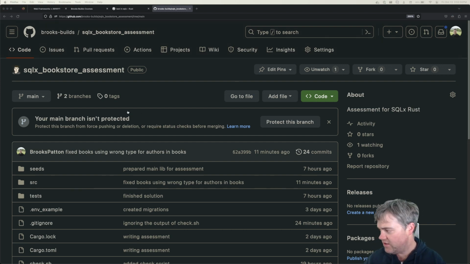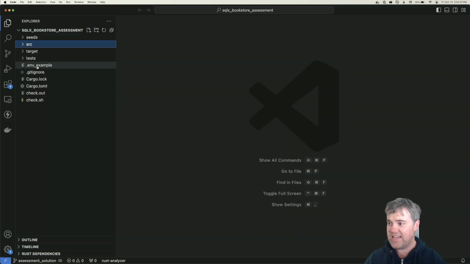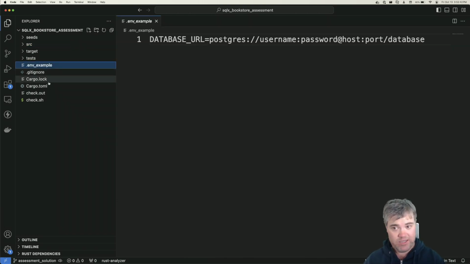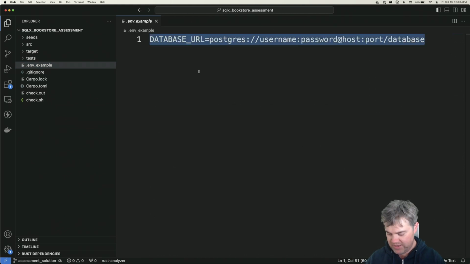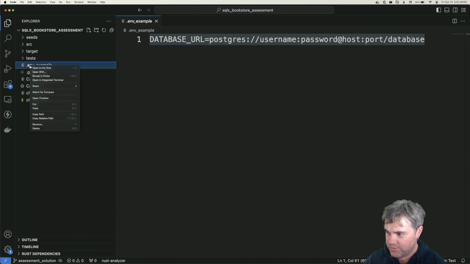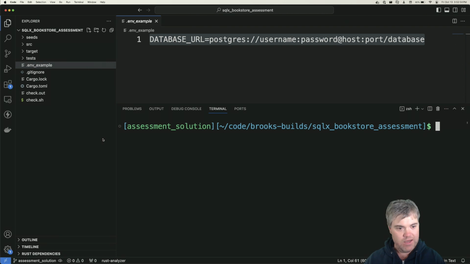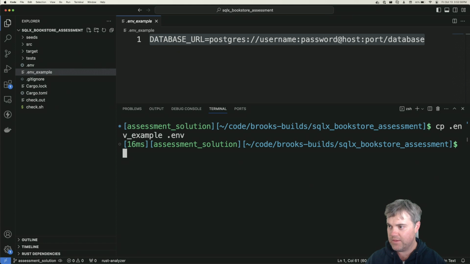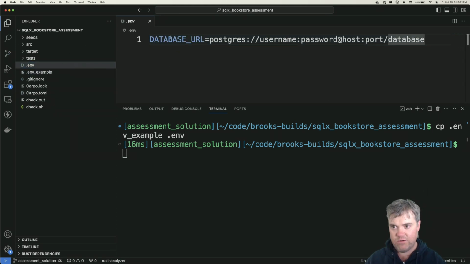Once you have it locally, we're going to need to set it up by creating a .env. We have a .env example here, so I can just copy. Actually, we're just going to duplicate this file. It's just easier to use the terminal. It's copy .env example to .env. And in here, we're going to say, okay, database. Now I have a database already running from Docker. So we can just do Postgres,